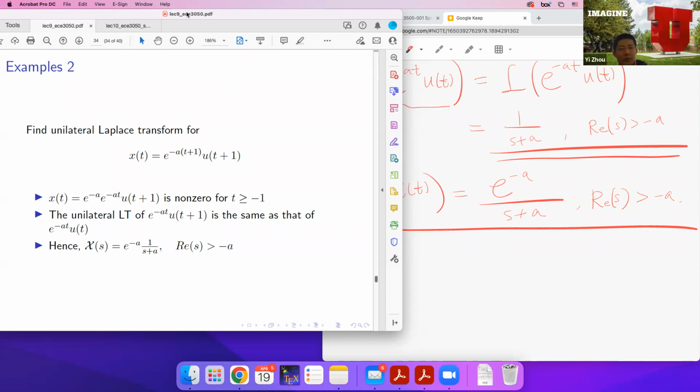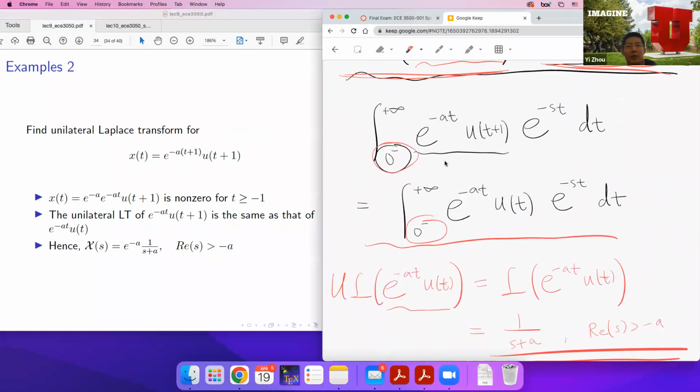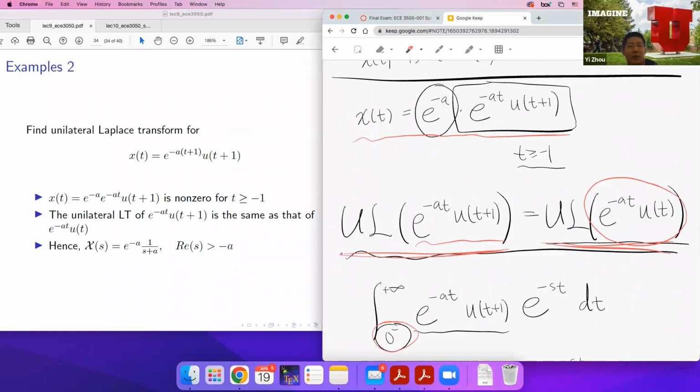Because all the tables, all the pairs of Laplace transform that we have discussed, are normal Laplace transforms. So we always connect, like in this example, the unilateral transform of this signal to the unilateral transform of